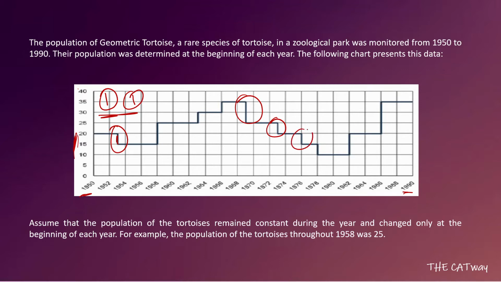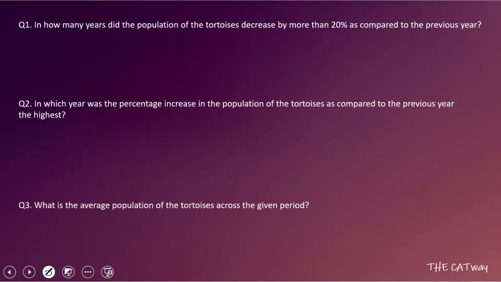Coming to the next, we have this decrease. Here it decreased from 20 to 15. We have already seen it over here. So without even calculating, we will write a third observation. And the next decrease happened over here where it decreased from 15 to 10. So there was a decrease of 5 over 15. That means there was a decrease of 1 by 3, that means a decrease of 33.33%. So this was also being counted. This was the last decrease that happened over the period of time. So the total number of years in which there was such a decrease was 4. So in 4 years there was a decrease.